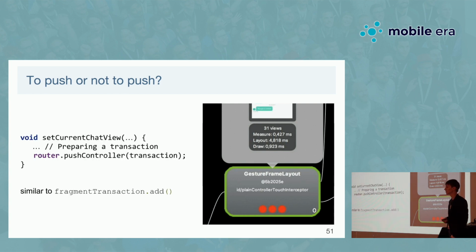And the problem was that we had recently moved to a framework called Conductor. Have you heard about it? Okay, some of you have. So Conductor is a framework that you can use instead of fragments to be able to create screens based on views instead of basing them, for example, on fragments or activities. It encapsulates logic, and Conductor claims at least that they have a little bit easier lifecycle compared to fragments. Okay, so our newcomer used the push controller method that works like a fragment transaction add.